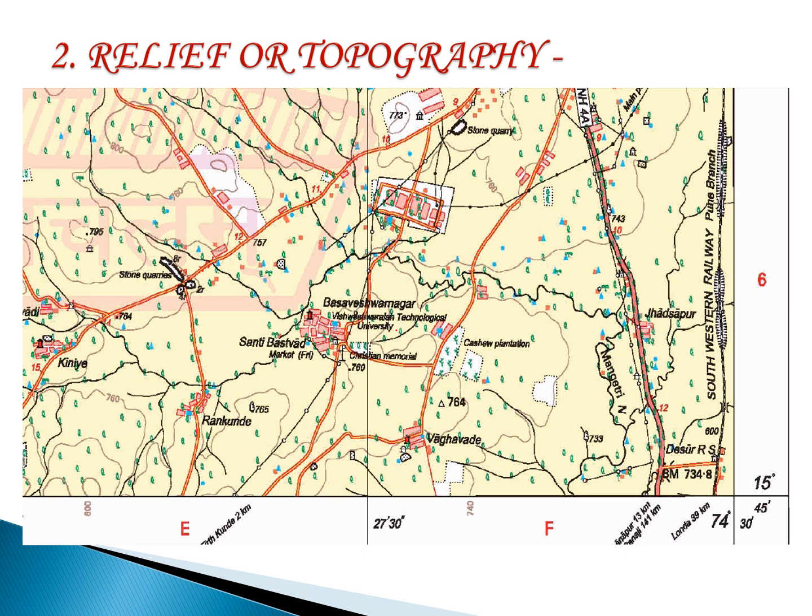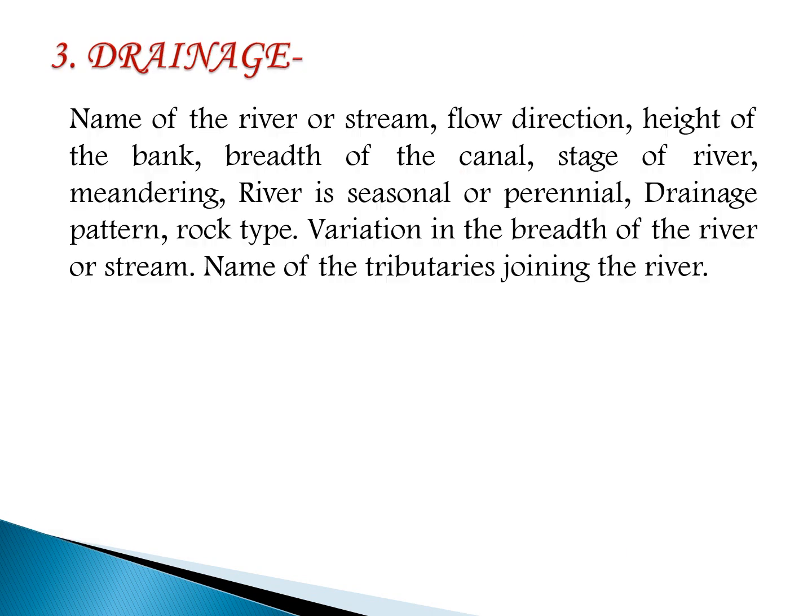The benchmark is so much, the triangular, the maximum height where it is you have to find out on the map and you have to show it. Maximum elevation is so and so, and it is towards west or east or north, south, whatever, with respect to direction you can show the elevation. So that is the relief or topography.